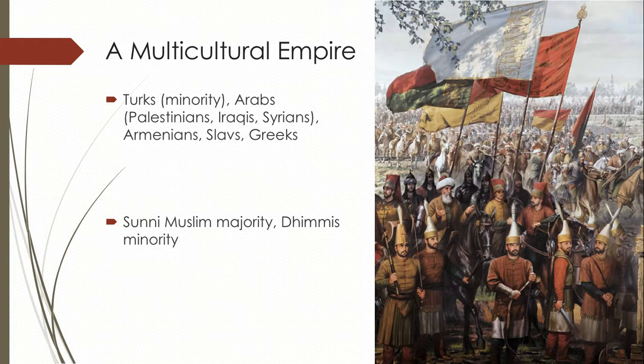The vast majority of Ottomans are Arabs, and you may not be aware of it, but there are lots of different groups of Arabs, including Palestinian Arabs, Iraqi Arabs, Lebanese Arabs, Syrian Arabs. There are also other smaller ethnic groups, such as Armenians, Kurds, Slavs, and Greeks, that all compose the population of